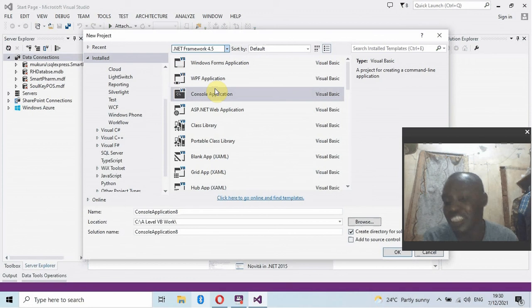Sometimes you might even target the higher .NET framework. But know that when you target that higher .NET framework, when you want to run your application, that version must be present on the machine on which you want to run your application, right? So from there, we also encounter